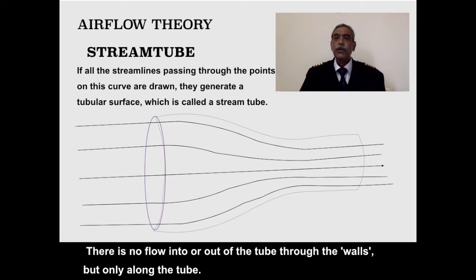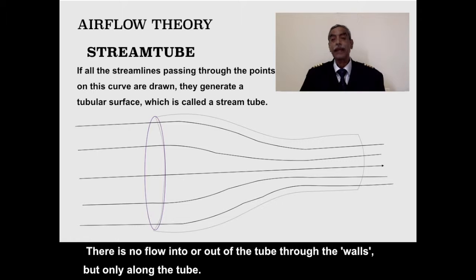Any flow through this tube, or the flow pattern which forms such a tube, is called the stream tube. Now, it need not be of uniform cross section. The tube itself may vary in cross section. Therefore, the distance between the streamlines may vary accordingly, which is what I have tried to show